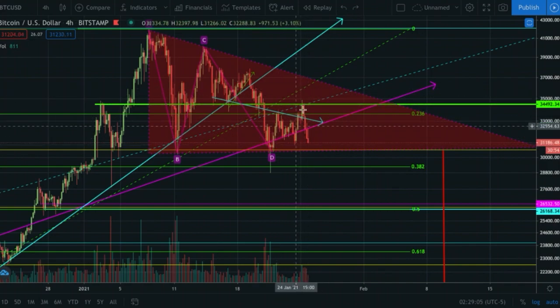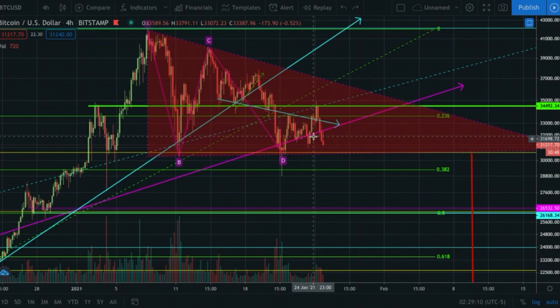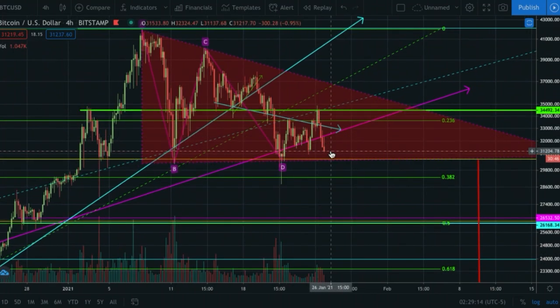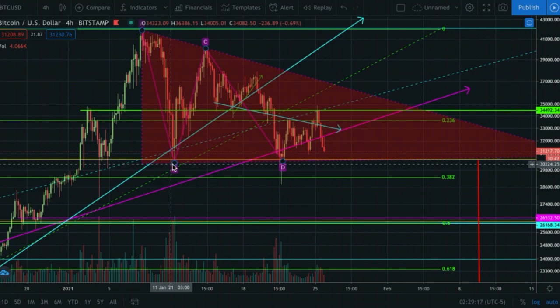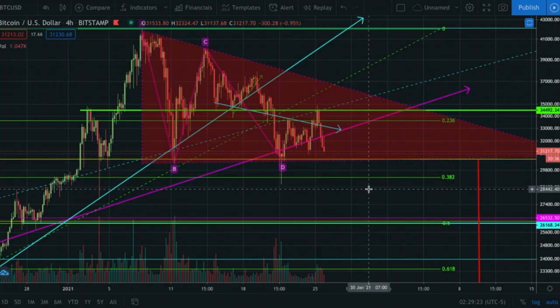Everybody got extremely bullish. Looked like we were going to come back up to the top of the pattern. And then look, we sold off that entire move, one candle after another, just bearishly selling straight back off to the downside. Now, our first low was 30,000. Then we got a wick down here to 28.8. So are we going to put in a lower wick right now? It doesn't really matter.